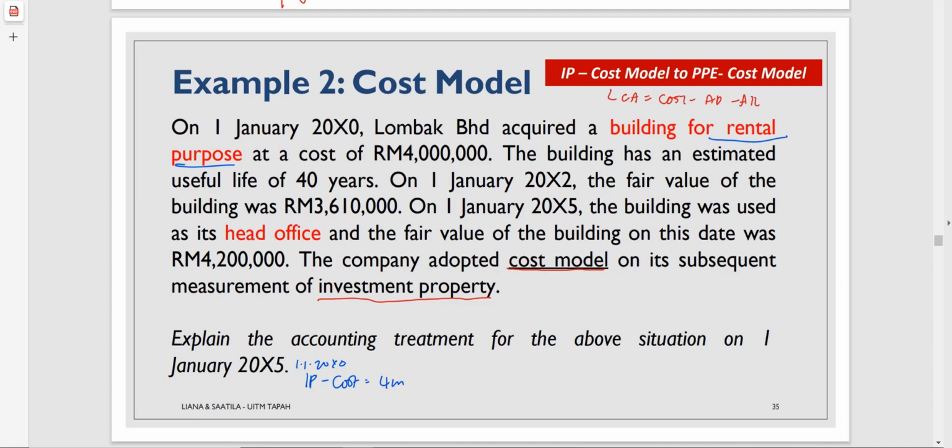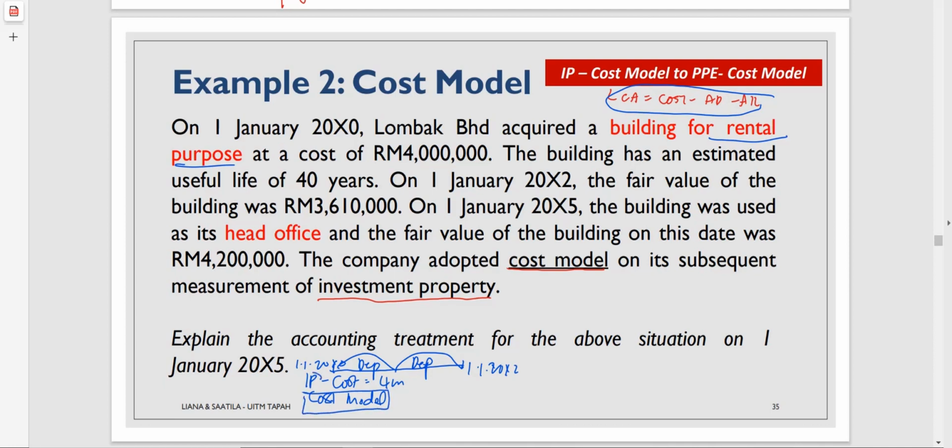And you have been informed that it uses the cost model, but of course on the date of initial recognition, the IP is measured at cost, right? At cost, the initial cost is 4 million. On 1st of January 20x2, it is here. So meaning that after 2 years, remember, the accumulated depreciation will be provided. So here will be provided, here depreciation, here also depreciation. Because the company uses cost model, I put here cost model